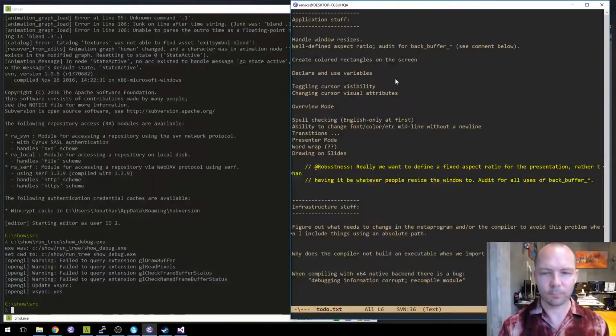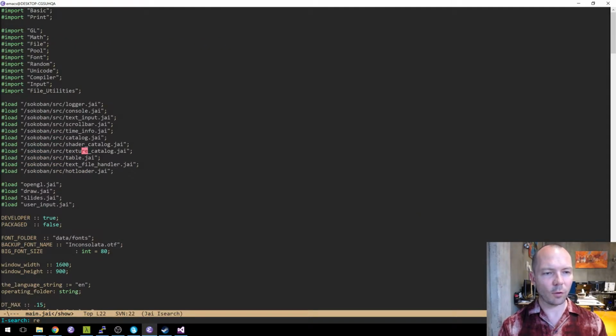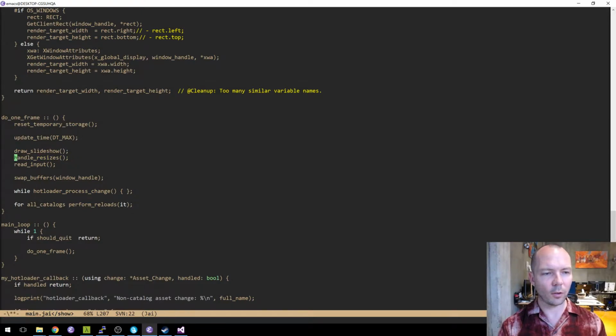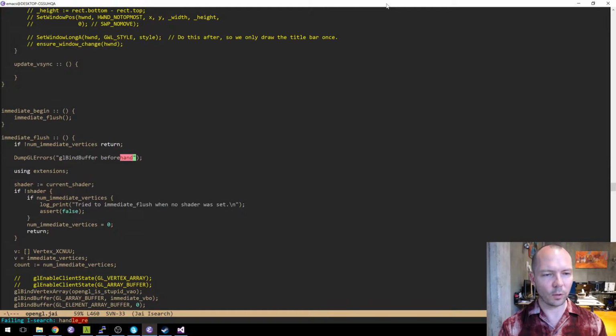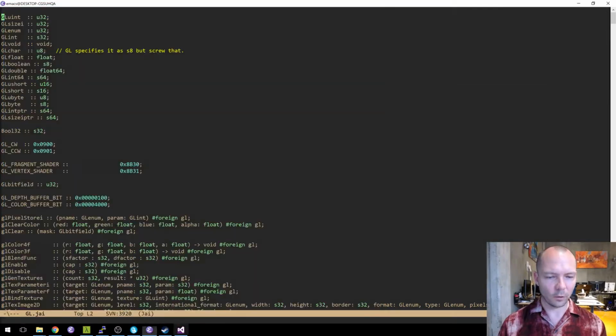So, in main, I think we already have a stubbed out call to handle resizes. Where is that? Is that an OpenGL handle no? No? All right. Let's find out where it is.